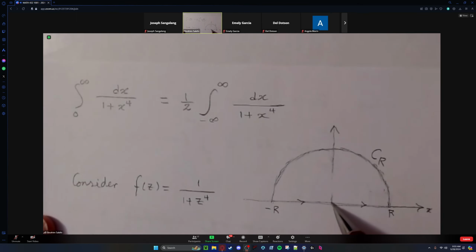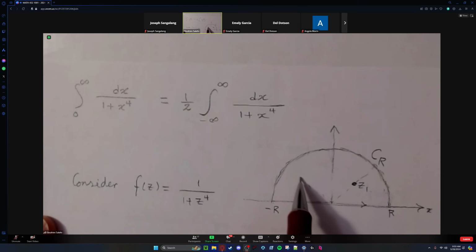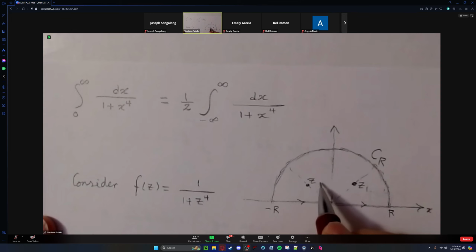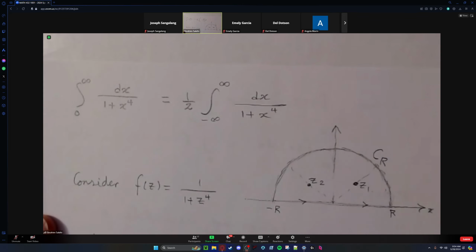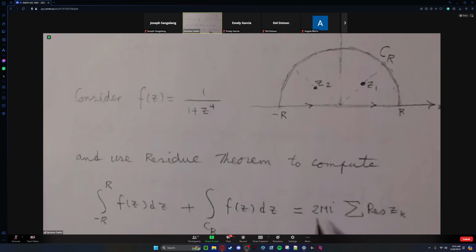But the other two are outside. So I'm talking about this one, z1, and this one, z2. So it will be 2 pi I residue at z1 plus